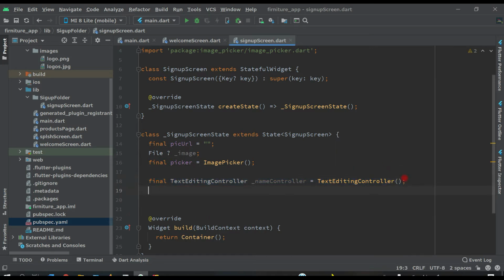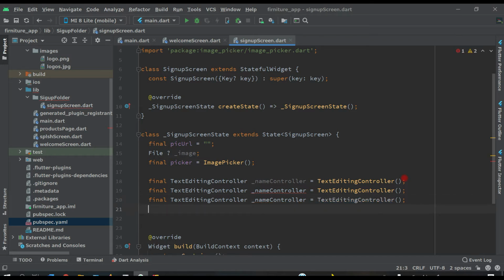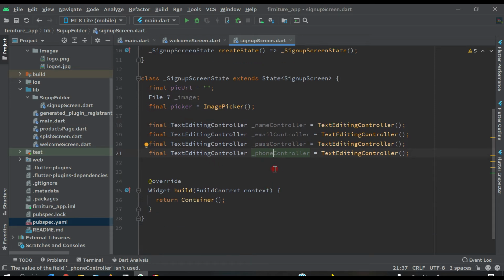Copy this and paste it 2-3 times, and change this here: email controller, password controller, and phone controller. Now we have created all these things here.